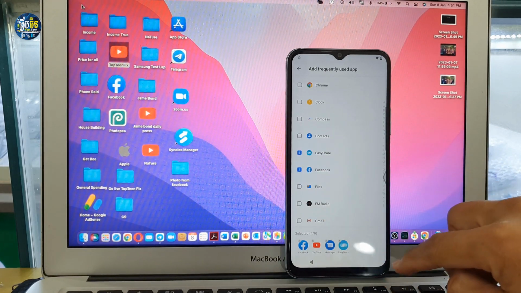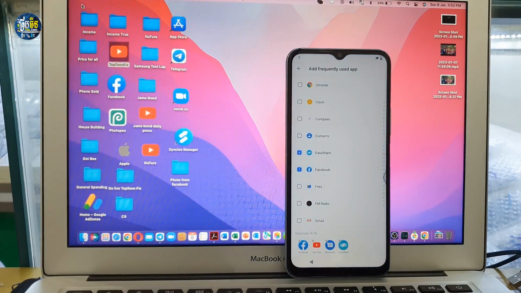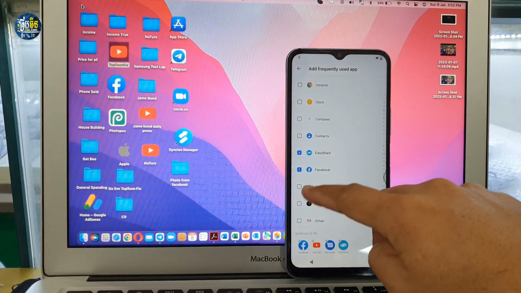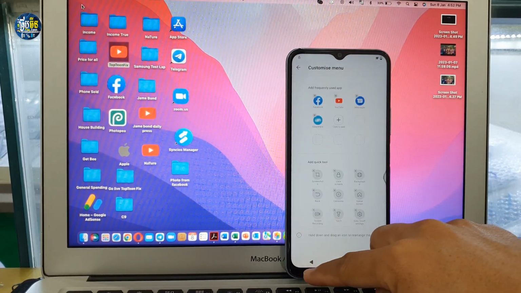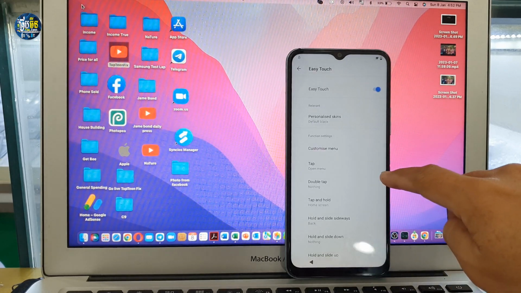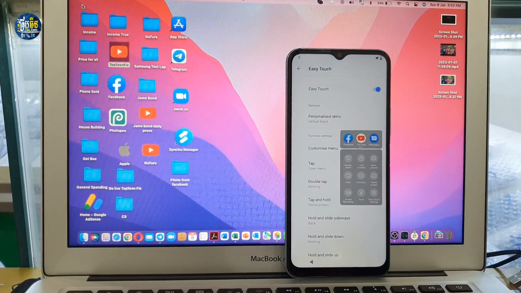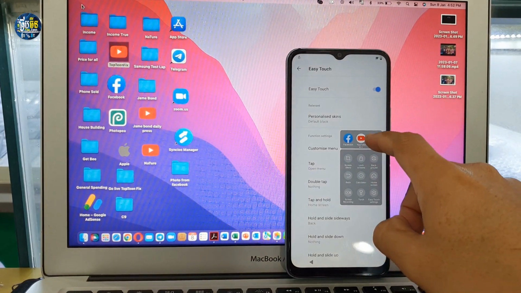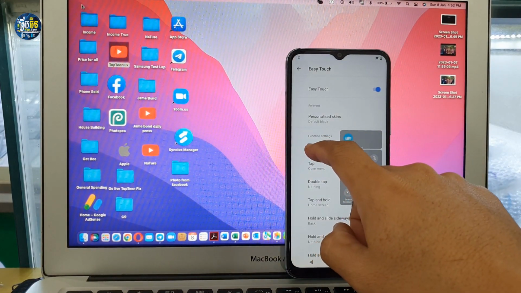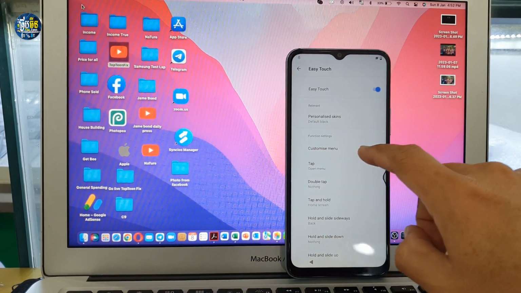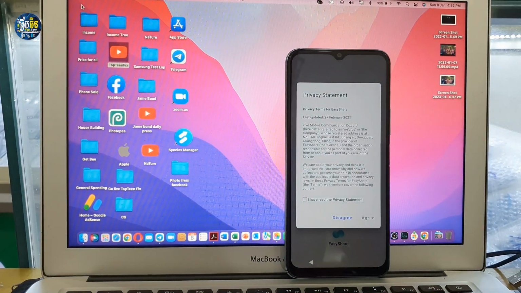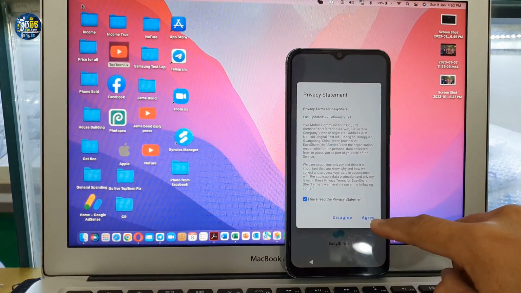Select it, okay, select Easy Share and then go back and turn on the easy touch and swipe on the right hand and select Easy Share and agree,